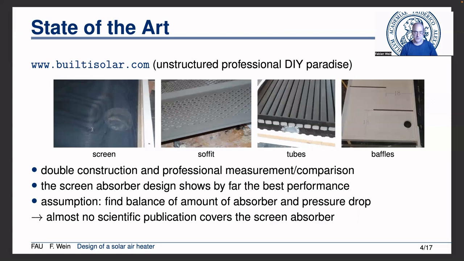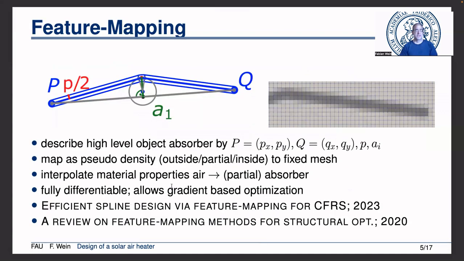The assumption which is postulated is that one needs to find the balance between the amount of absorber, for example how many layers to have, and the pressure drop of the solar air heater. And finding the balance, well, this triggers me as an optimizer. I found almost no scientific publication which covers screen absorbers. Unfortunately, probably. The approach I take here, and this is my golden hammer because I come from the feature mapping area,